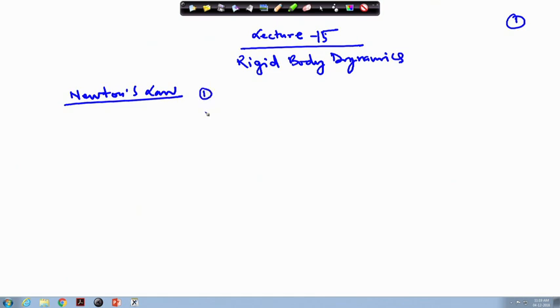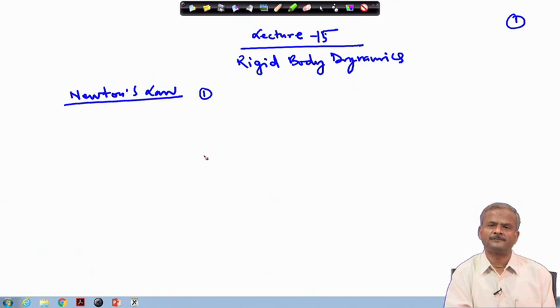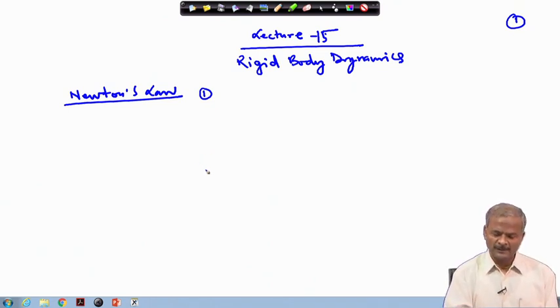Popularly we have three laws, and the books credit Newton for all three laws, but the reality is that only the third law is due to Newton, it is his contribution. The other two laws, the first and the second laws, were already existing. Okay. And to that Newton added the third one. So, we discuss the basic things of Newton's law.